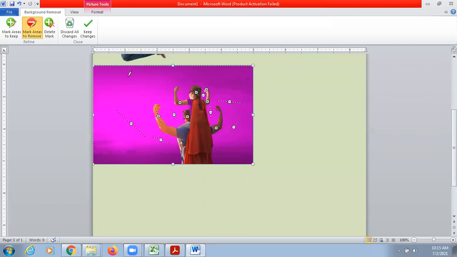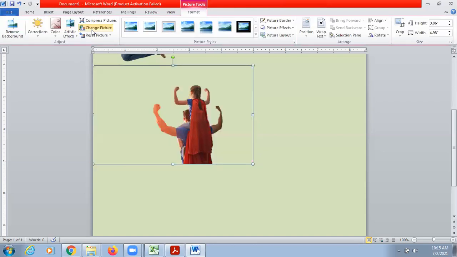And this one. Okay. But this one is also pink, so we have to make changes. Mark the area which we want to keep, this portion, and mark this one as I want to delete. All right, now everything is fine. Keep changes.